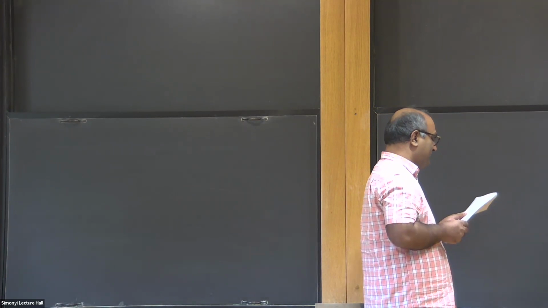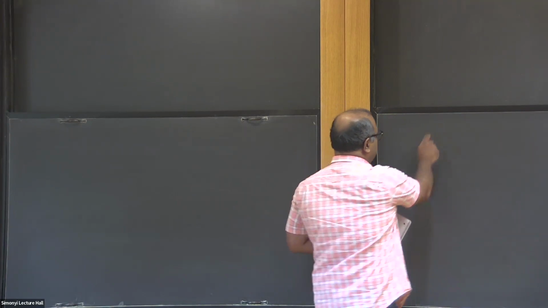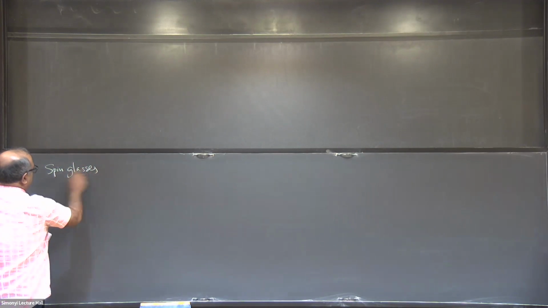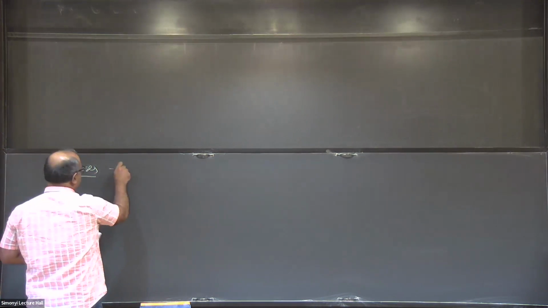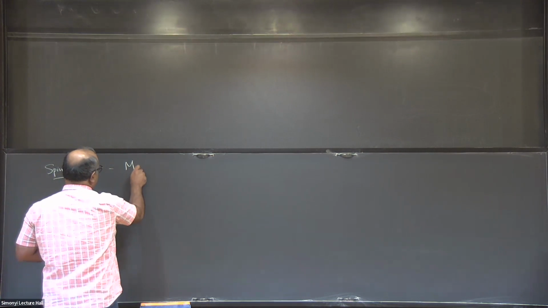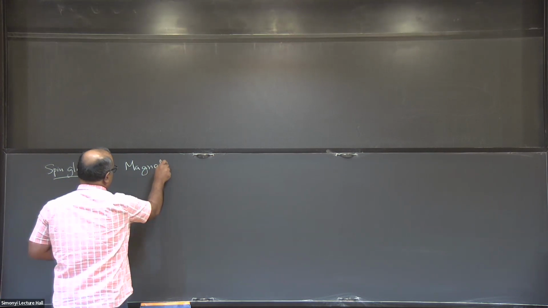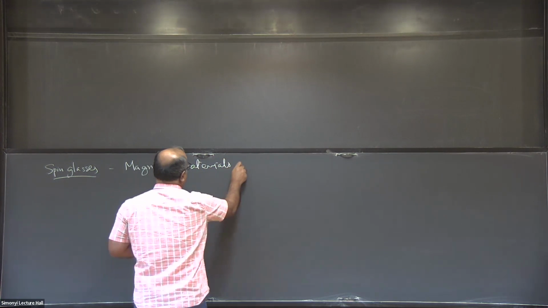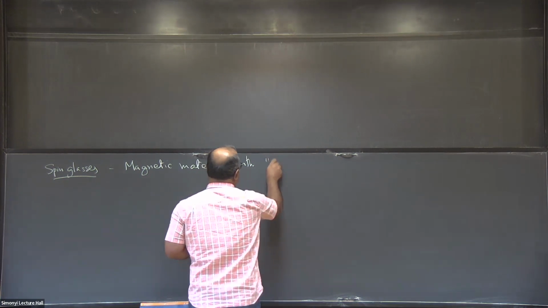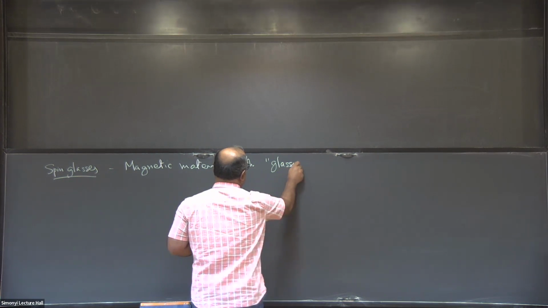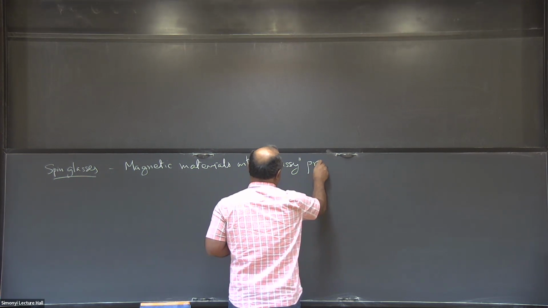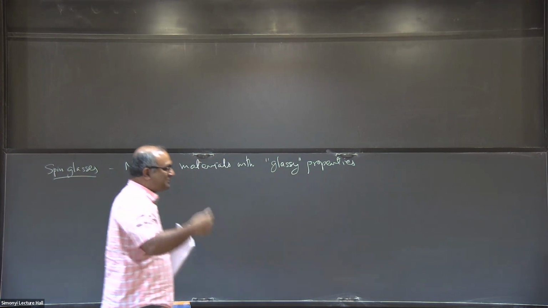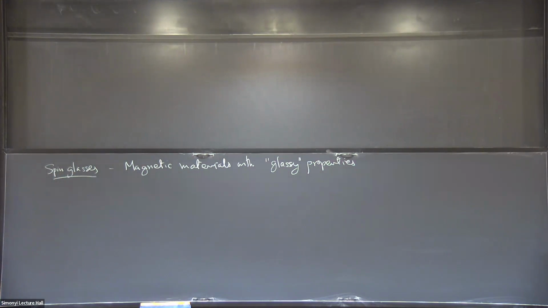seminar. So spin glasses, these are actual physical materials. So magnetic materials with some strange glassy properties. I'll not go into the physics because I have quite a bit to say in terms of the math, so I'll not go too much into this.